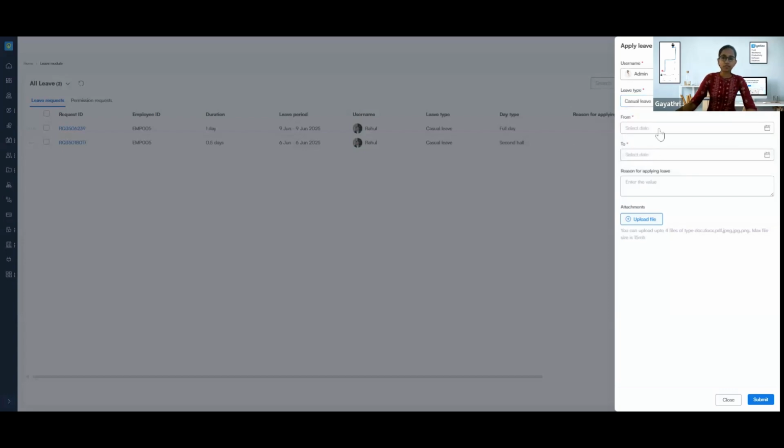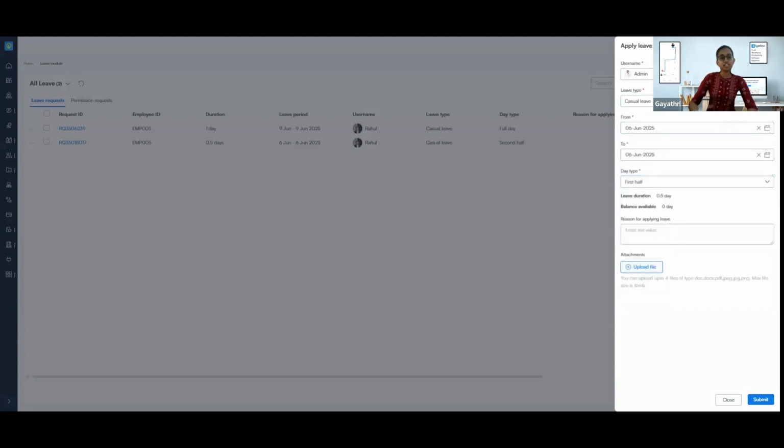The next field that you need to fill in is the from and to field, which basically means from which date you are applying for the leave until which day you want. The leave duration is what we are going to define here. I am choosing the particular date and the day type, whether it's a full day or a half day leave. Even if it's half a day, we need to define which is the first half and second half. Based on that, we will be able to choose.